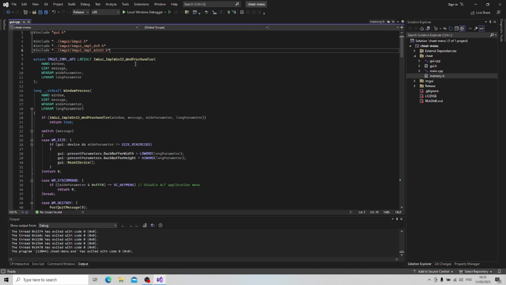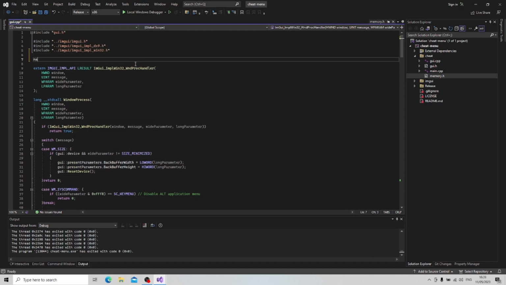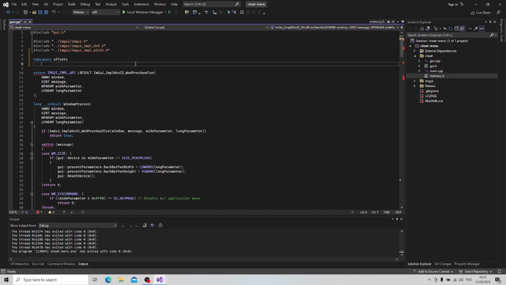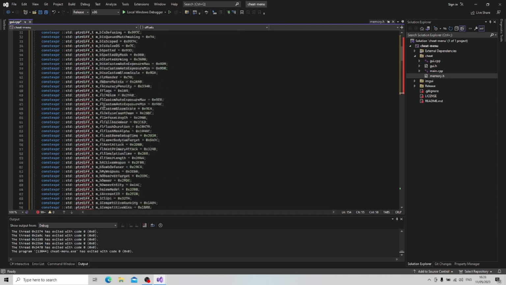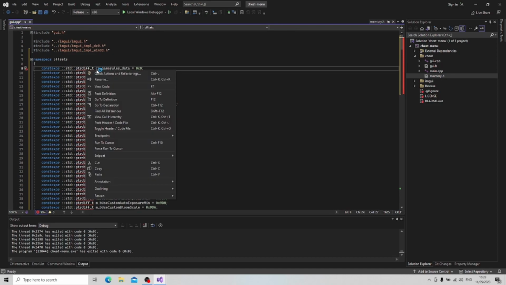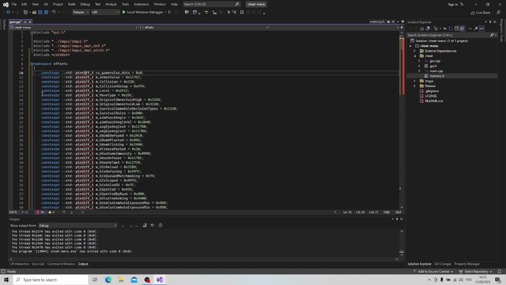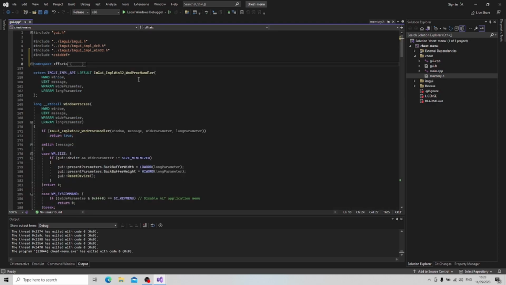Alright guys, so what we're also going to do is make a new namespace. We'll call it offsets, for the CSGO offsets. If you don't know how to dump CSGO offsets or get them, you can just search it up. Just make a namespace for them. And then once you do it, you're going to get errors. Just press quick actions and then include the cstddef, and then scroll all the way down